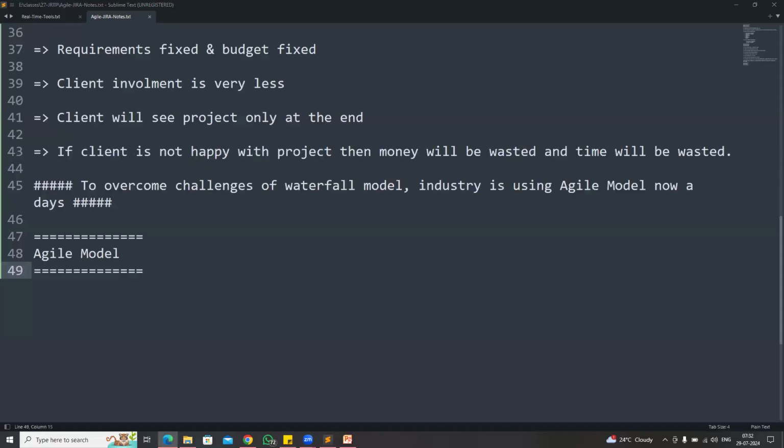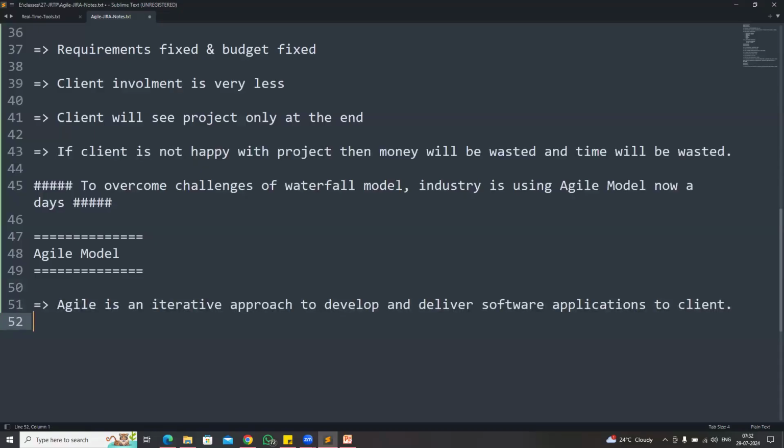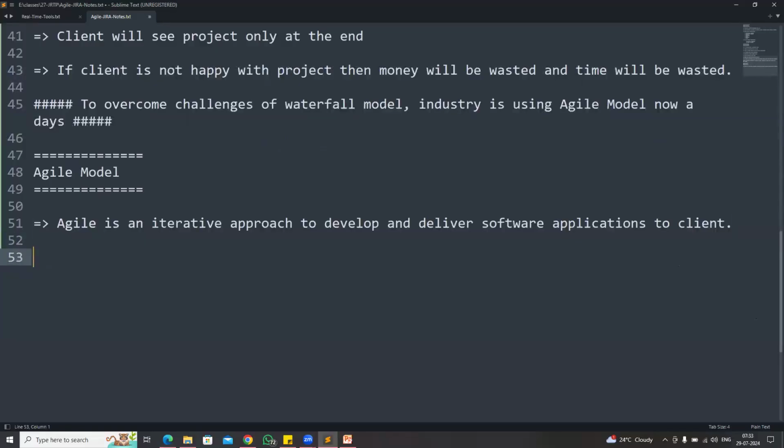Agile model is an iterative approach to develop and deliver software applications to the client. Okay, so we want to develop and we want to deliver software applications to the client. For that, we are going to use agile model. In the agile model, planning, development, testing is a continuous process. Whereas in the waterfall model,